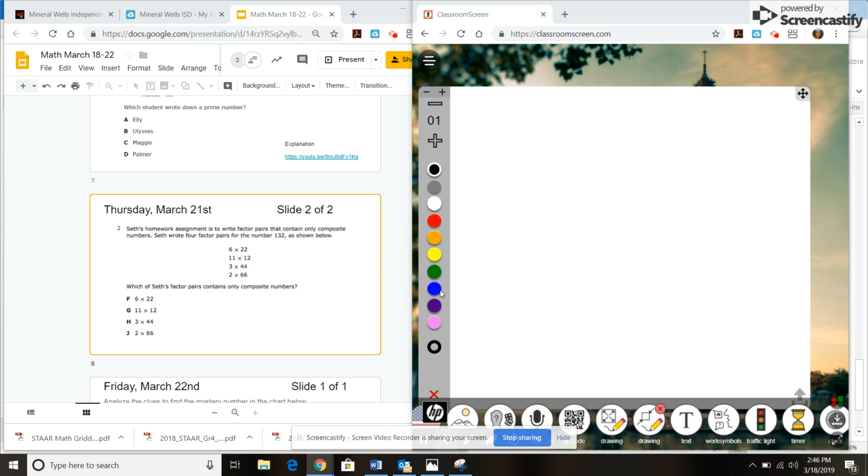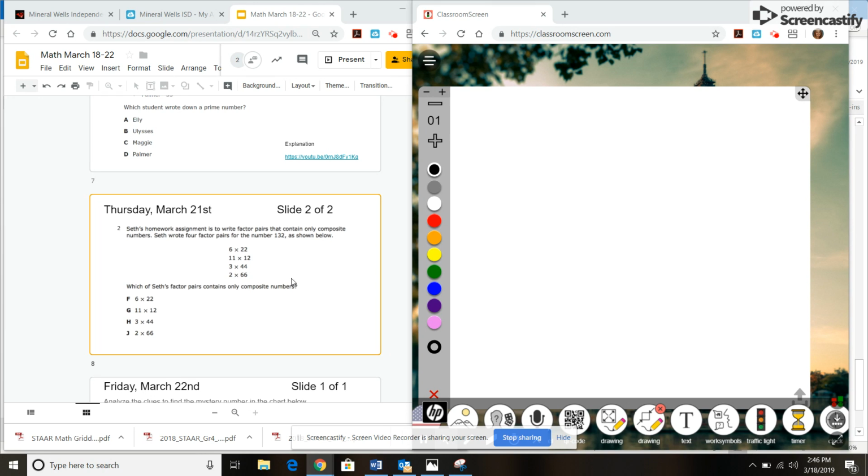For this question, I have both screens pulled up so that you can see. I would go about it a little bit differently. I would not do all of my T-charts on this one. That would be 8 T-charts. If I could read through, it says, Seth's homework assignment is to write factor pairs that contain only composite numbers. So we're looking at these factor pairs that contain only composite numbers, and they have to multiply to